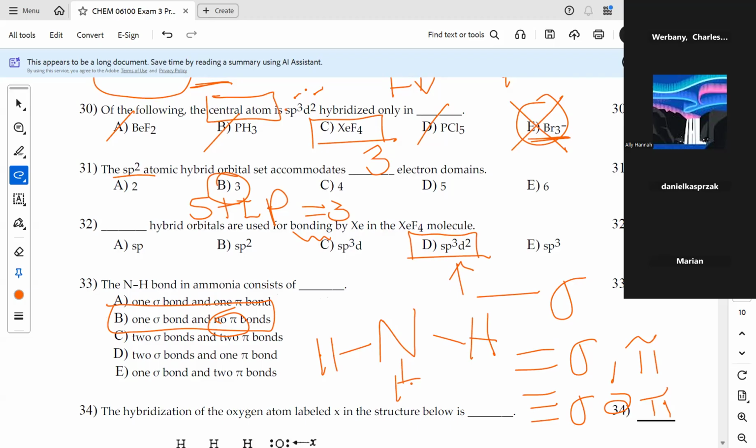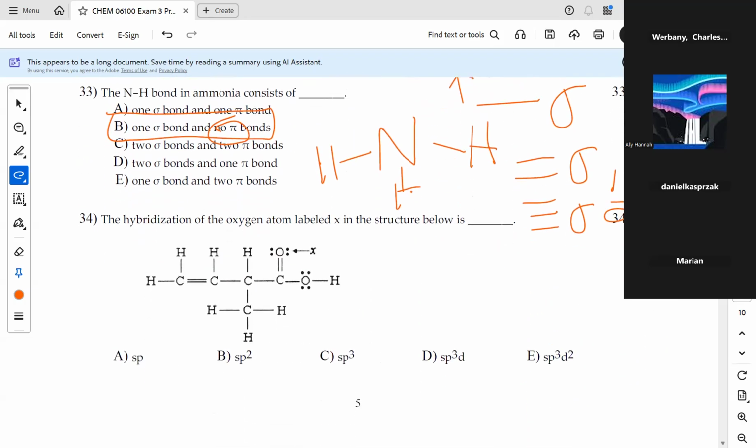All right. So let's do maybe a couple more here. On your exam, the only hybridization that you're going to be asked about will be central atoms. But there's no reason why we couldn't look at this oxygen here and comment on the hybridization of these orbitals. We see that this oxygen has two lone pairs, right? So they'll need an orbital each. And then we have this double bond here, which requires one hybrid orbital. So we have three electron domains. So this guy would be sp2, right? We use the s orbital, 2 p, to give us a total of three sp2 hybrid orbitals. So B for 34,